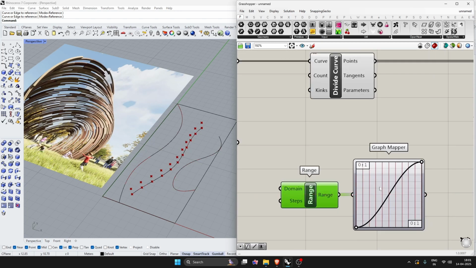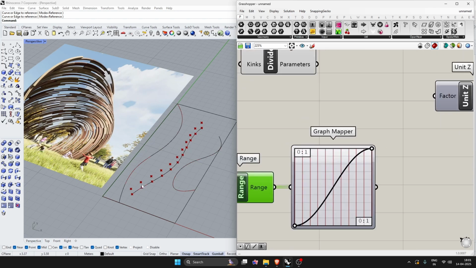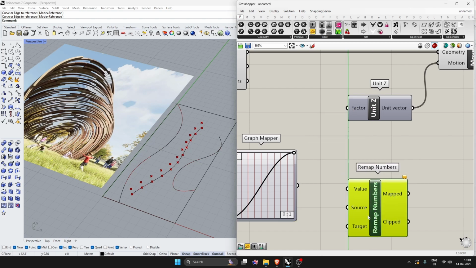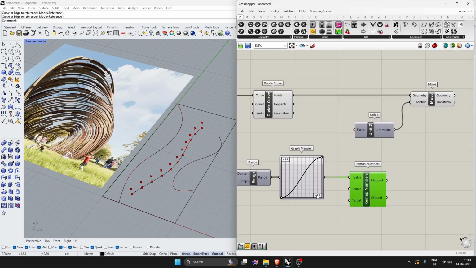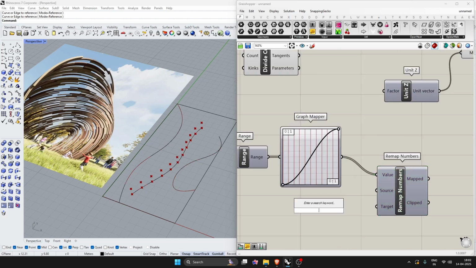It is correct. So as you enter the range, there will be a red line seen on your graph mapper indicating which point is moving at which corner, so the dimensions have to go like that. The intersection is basically the height of the dimension, the height of the point. Okay, we will have to map this using remap numbers. Okay, all the values. So the graph mapper is directly connected to the value of the remap. Source, since it is 0 to 1, source also goes from 0 to 1. In the target, we will set it to,